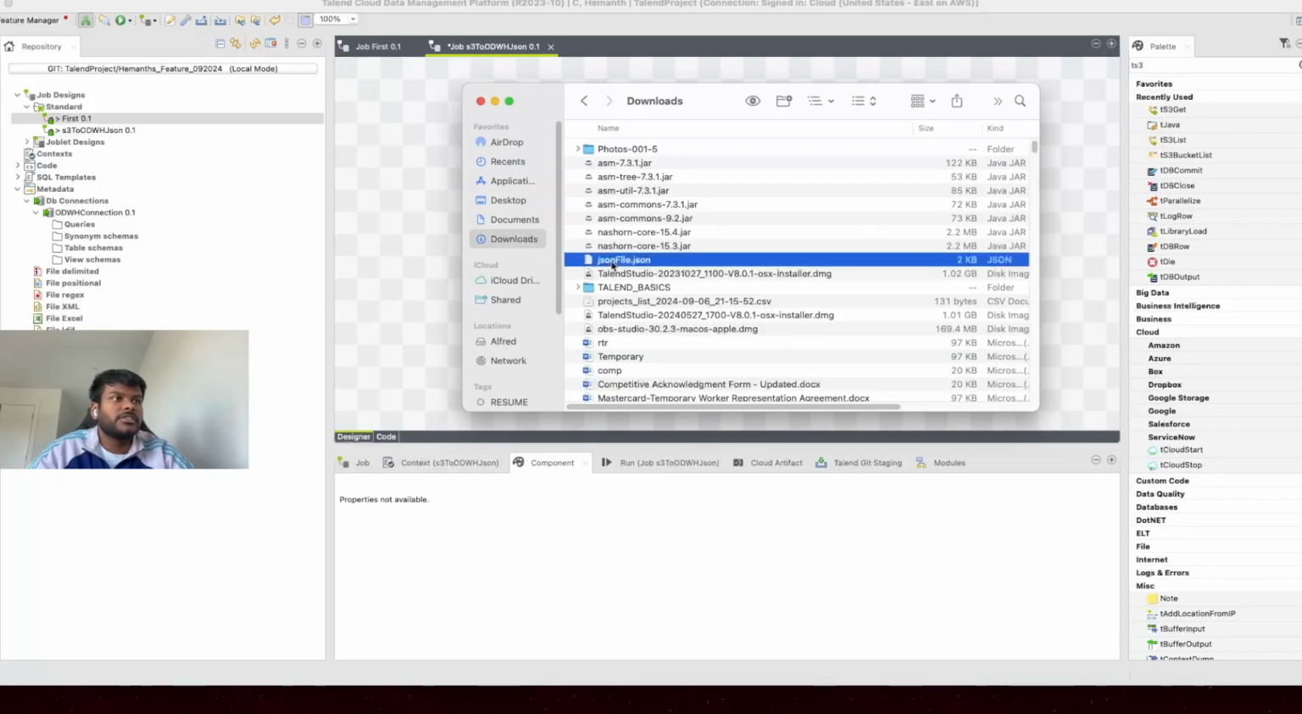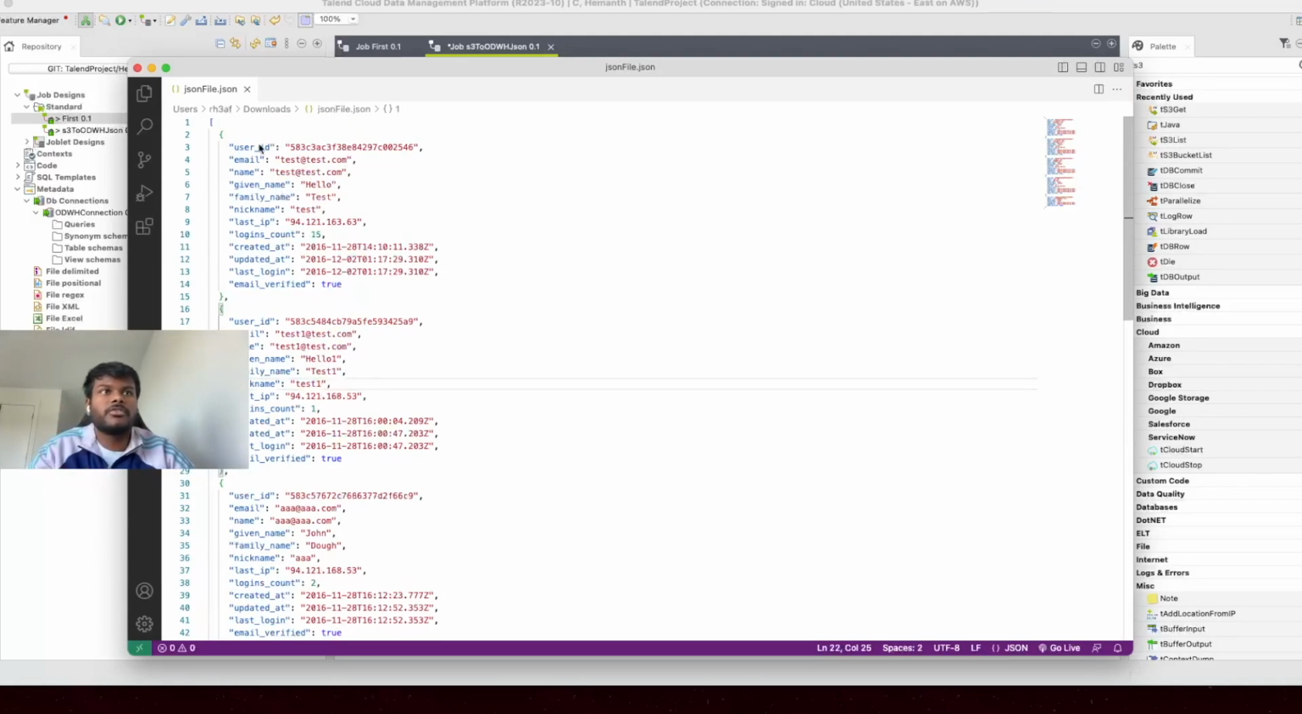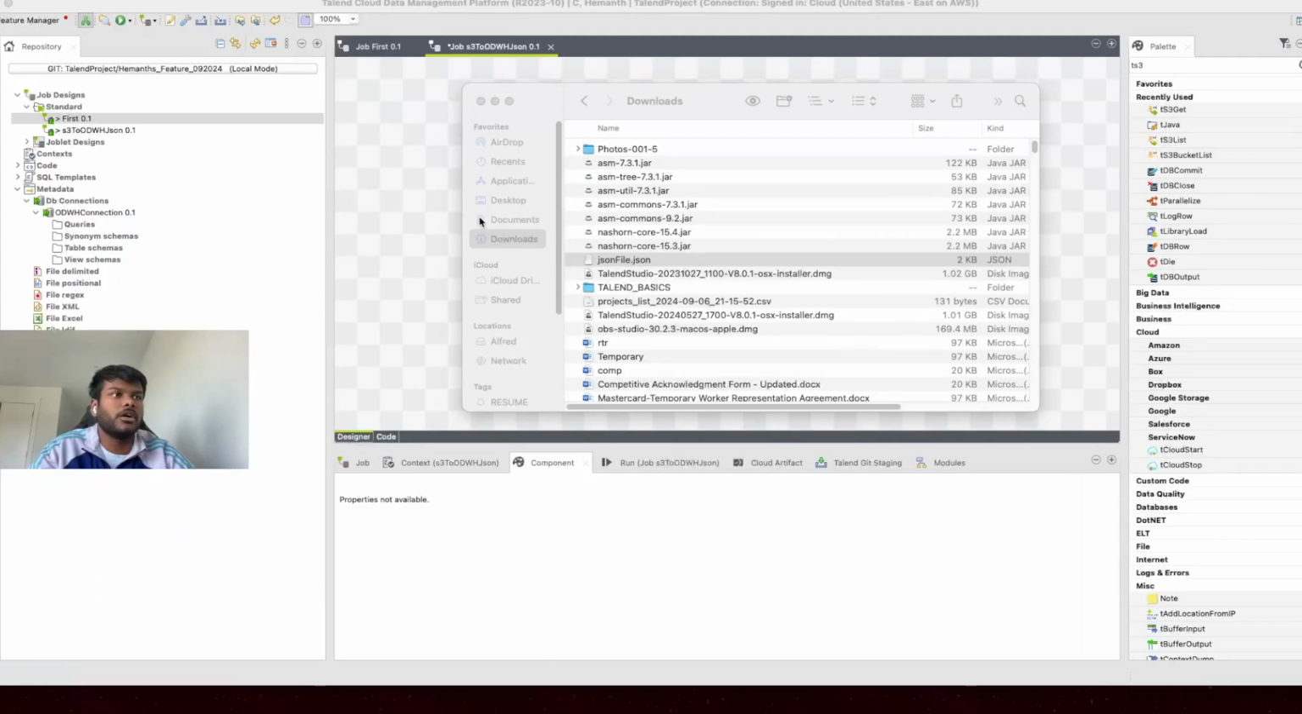So here is the JSON file. It has different fields like user ID, email, and name. I'm going to extract a few of these and then insert them into a table in the Oracle Data Warehouse. So let me show you how